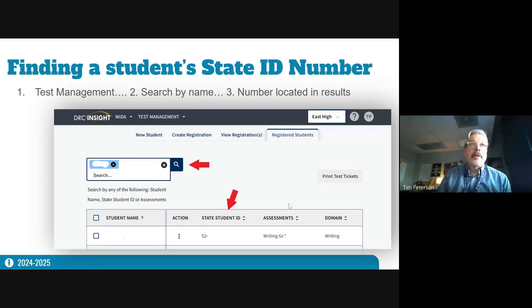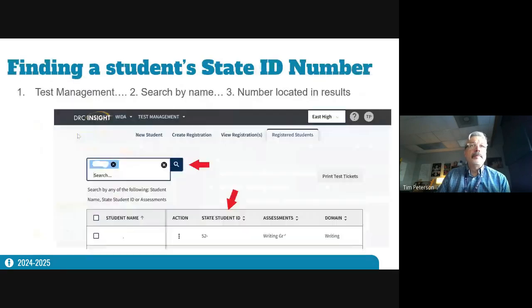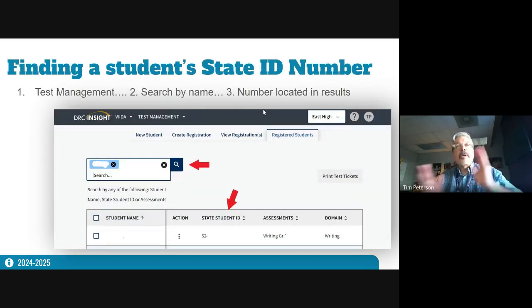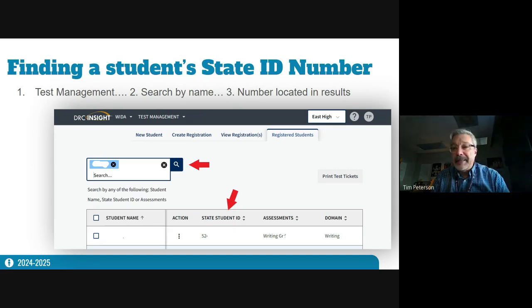All right, so let's. Okay, here is where you can find the student state ID number. So typically you won't be able to find this in IC, but here is a place that you can do that. So go to the test management once you've logged in. In the search bar, you can put in the student name.